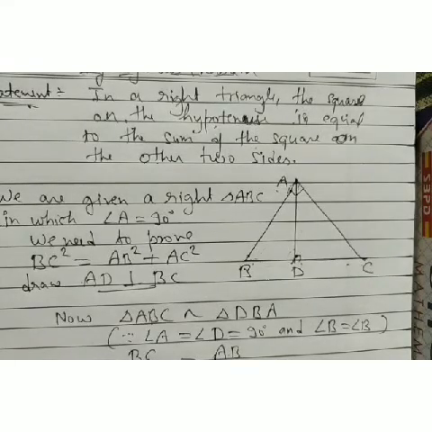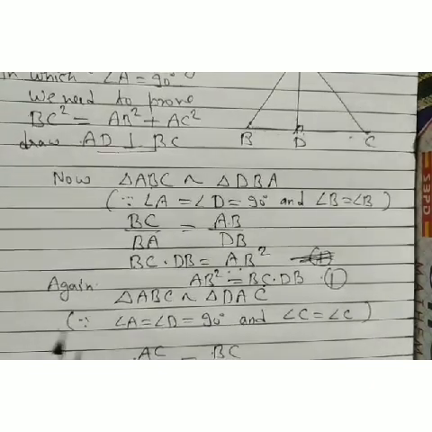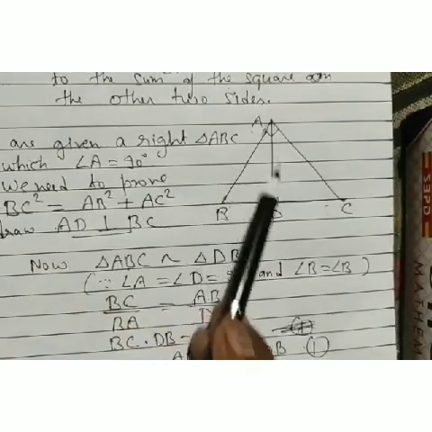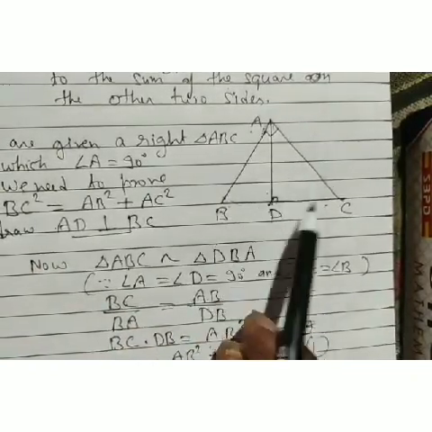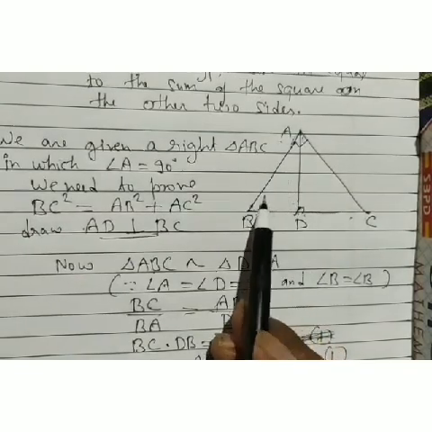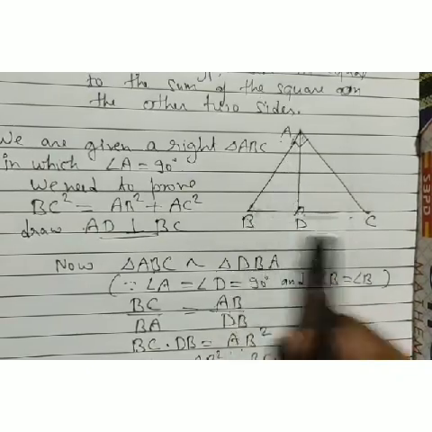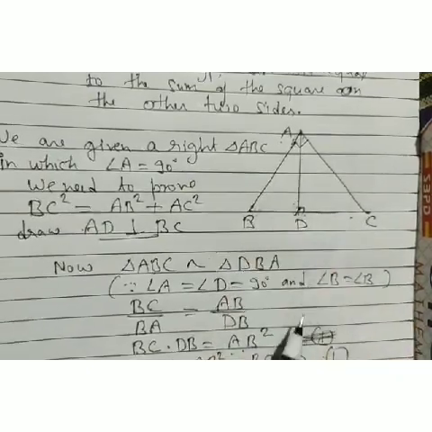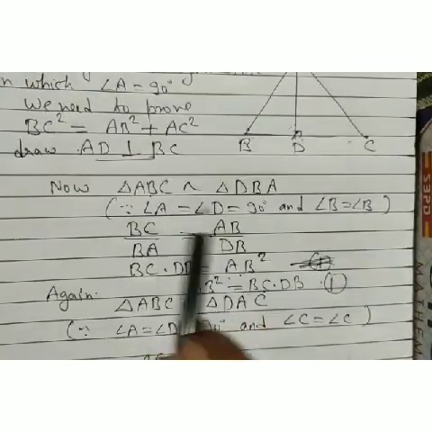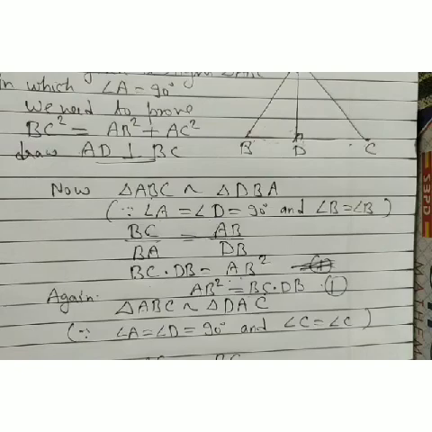Again we are going to revise it. So we are going to prove our Pythagoras theorem there. What we do? We draw a right angle triangle ABC, right angled at A. Then after that we draw perpendicular AD from the right angle to its opposite side BC. Then we are using the similarity concept there. We take our whole triangle ABC and the triangle DBA. We show these triangles are similar to each other. How? Because angle A and angle D are both 90 degrees and angle B is common there.